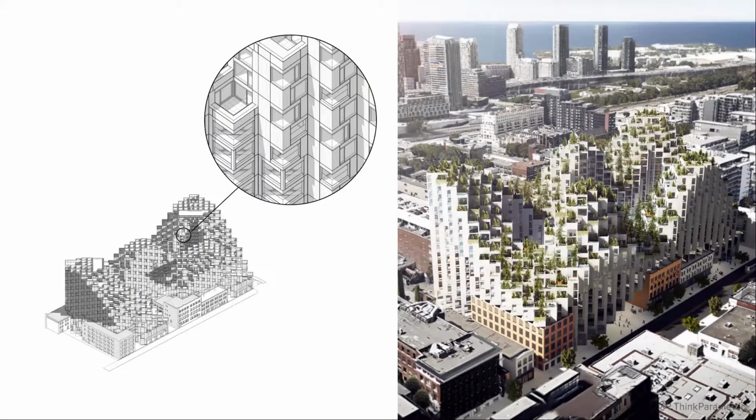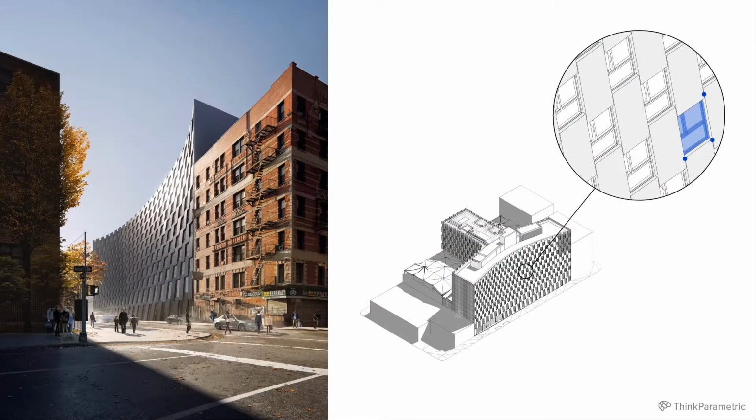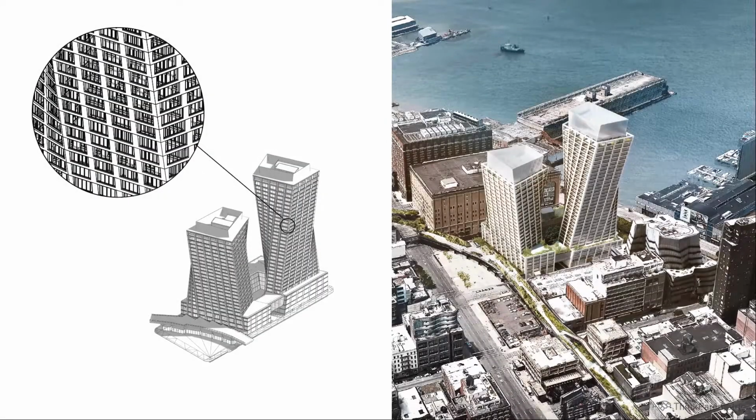The King Street development in Toronto, a lot of time was spent in developing this kind of pixelated mega panel facade system. East 126 in New York was developed using scripts to explore designs and also place adaptive components in Revit. Again, the 11th Tower in New York, clearly utilizing some computational processes, especially on the Revit side, developing an overall mega panel and placing and updating panel information within it.